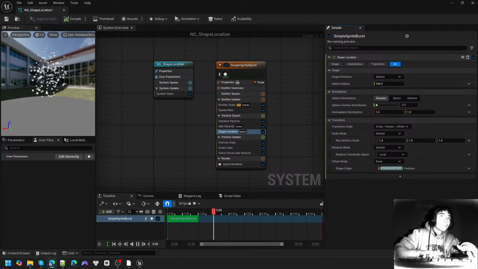I'm going to disable this and decrease it down to maybe 50, and now I have a smaller sphere. I'm going to disable this Add Velocity module for now, in order for us to see it better. So now you can see all the particles are being spawned in the sphere. This is